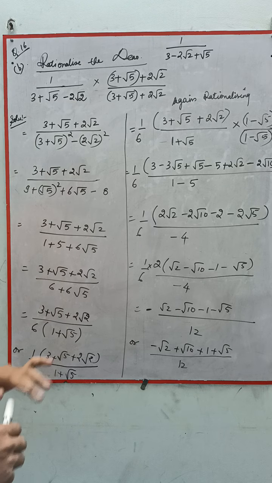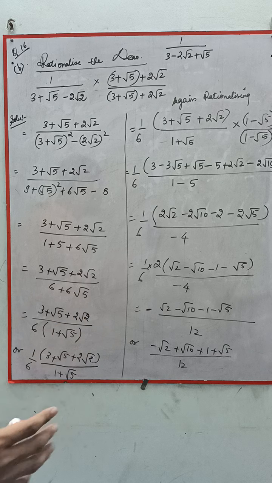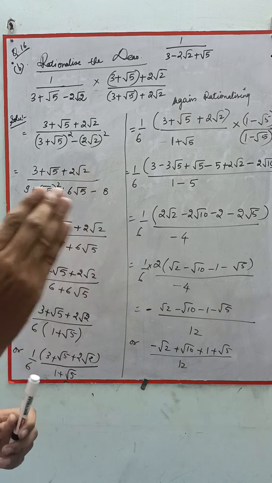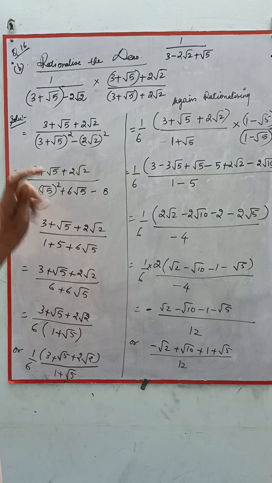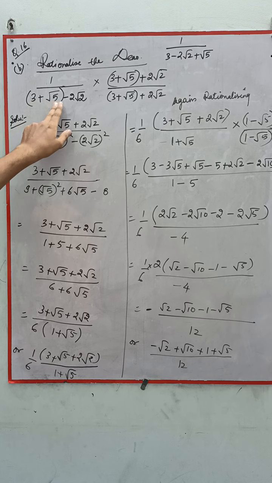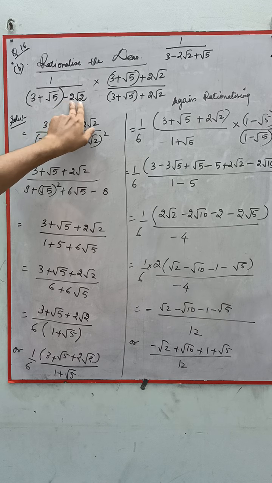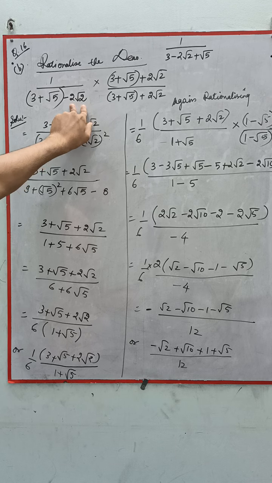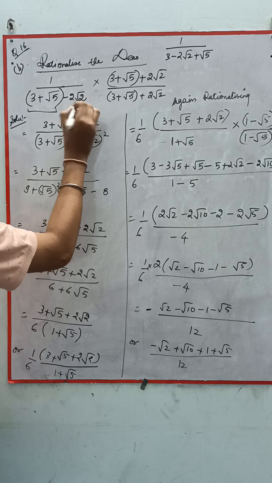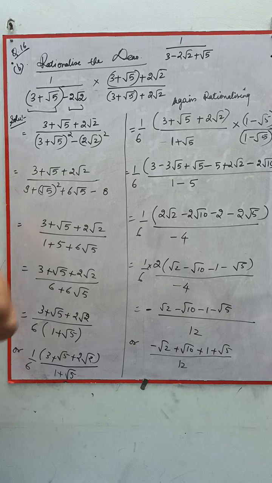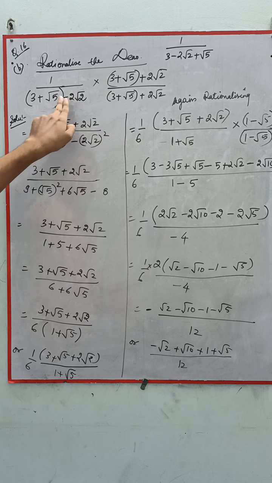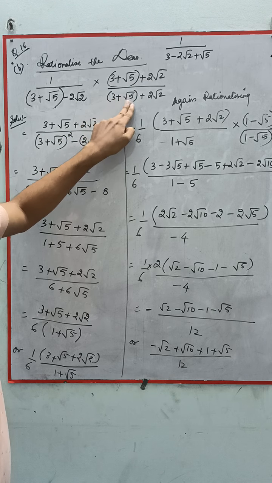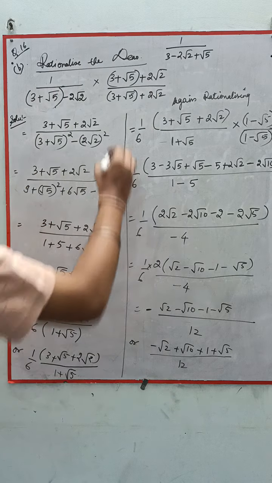Now we have such kind of thing. Now here 3 terms are there. Till now we were seeing only 2 terms. So here, we need to make the 2 terms a unit. So what I am doing, I am taking 3 plus root 5 as one single unit, and another unit I am taking 2 root 2. Now in this one and this one you have a minus sign. So we are rationalizing accordingly. Keeping in mind this as one unit, so here minus, so plus 2 root 2. Here 3 plus root 5 plus 2 root 2. Did you understand this? Okay.